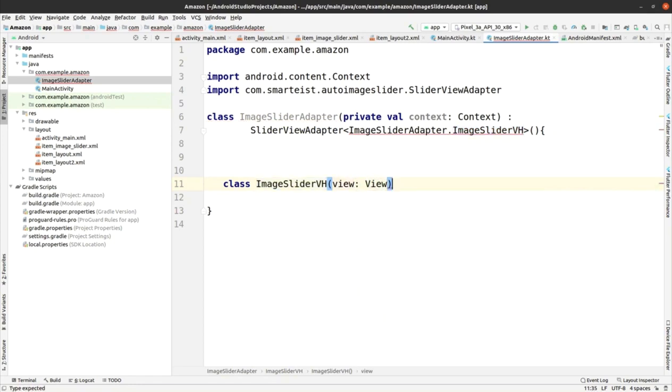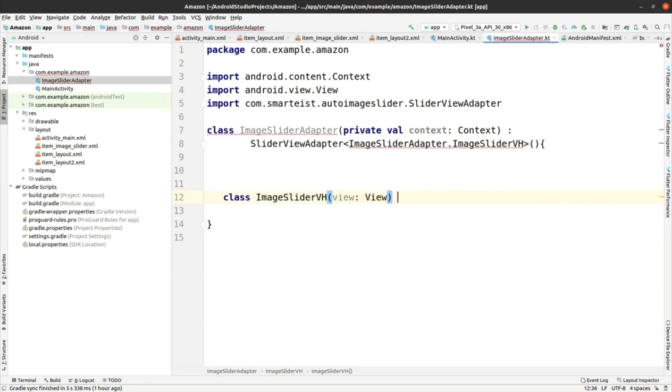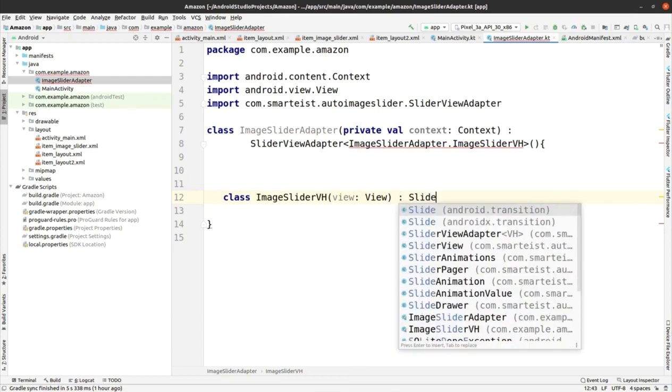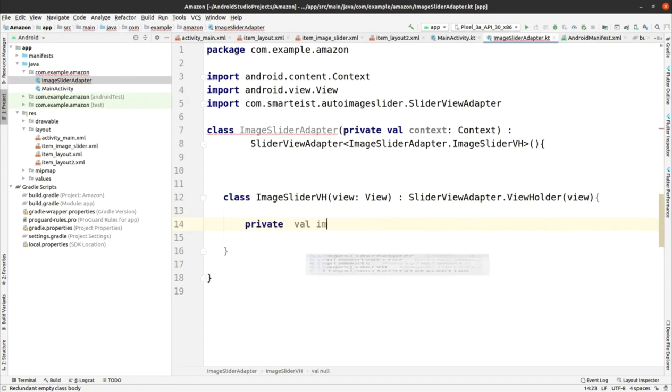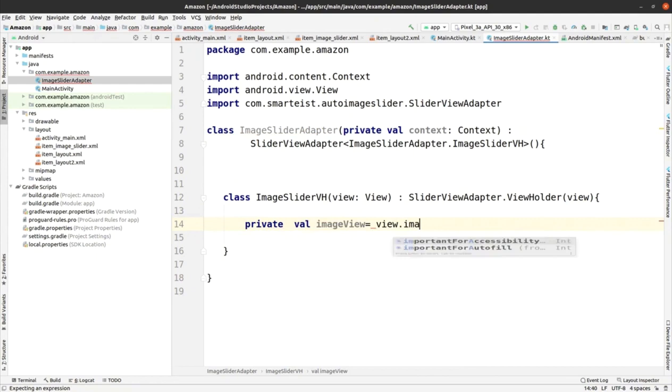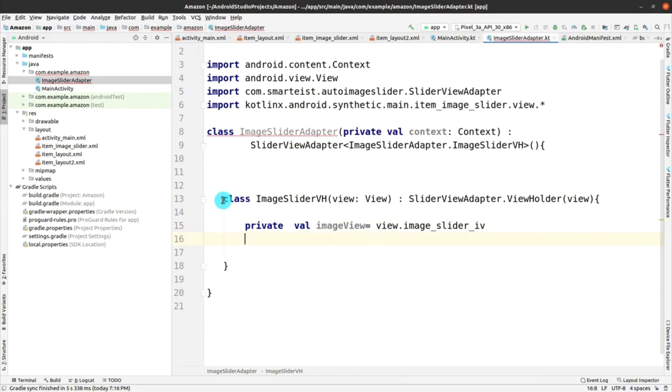Press alt enter to import this library, and then we'll extend it by slider view adapter, and from that view holder we pass that view, and within this we have to make ImageView. Make sure that V is capital. After that, we will take the image view from the XML having that ID image slider IV,